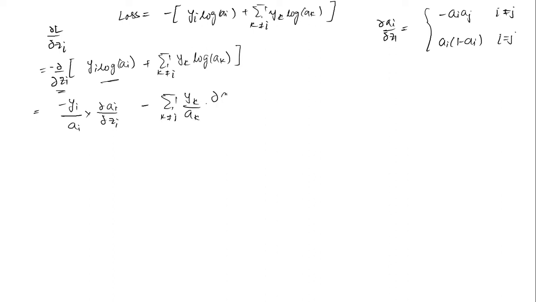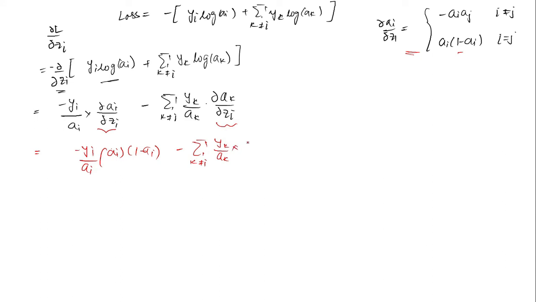Here we will have del ak by del zi, but we already have these two terms from this equation. This is the case when i is equal to j, and this is the case when i is not equal to j. So we will just compute it: minus yi by ai, and this term is where i is equal to j, so it will be ai times 1 minus of ai,